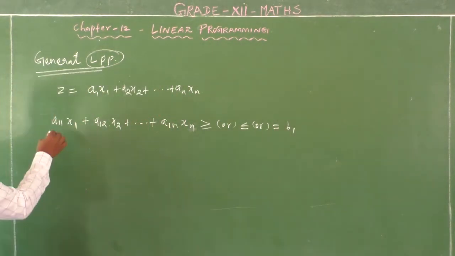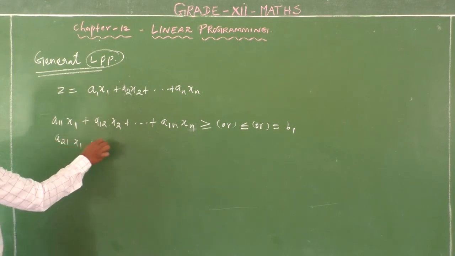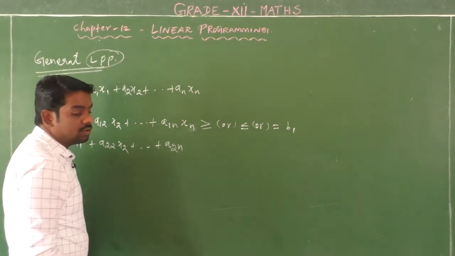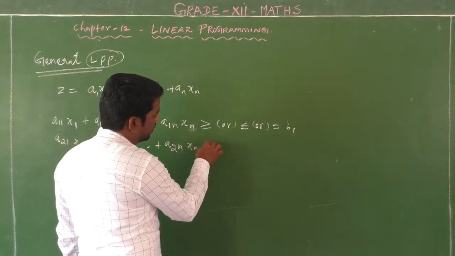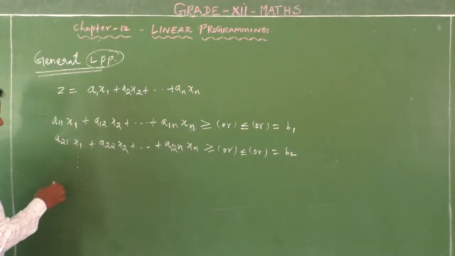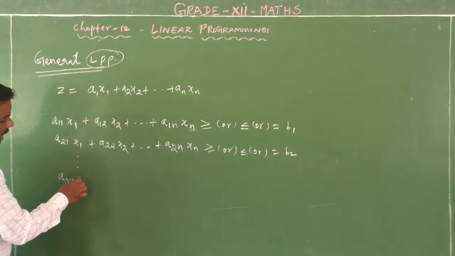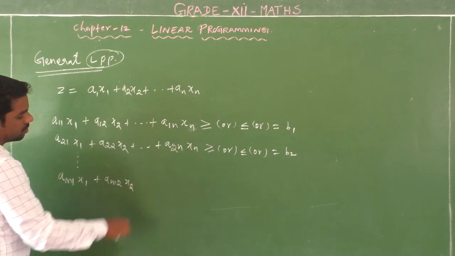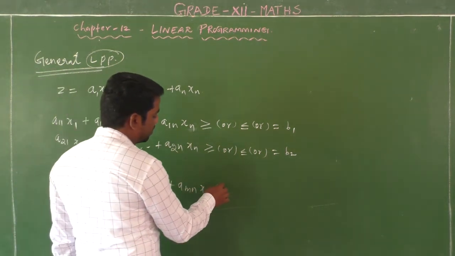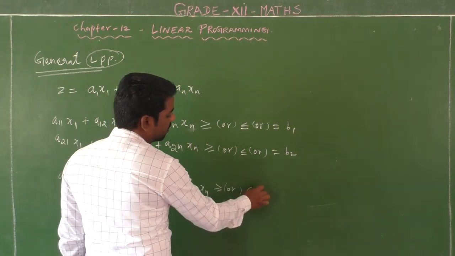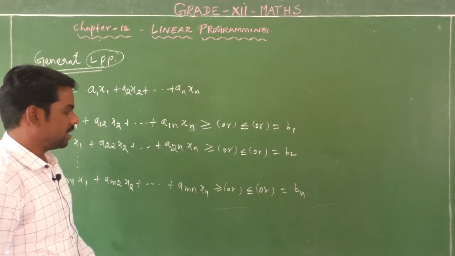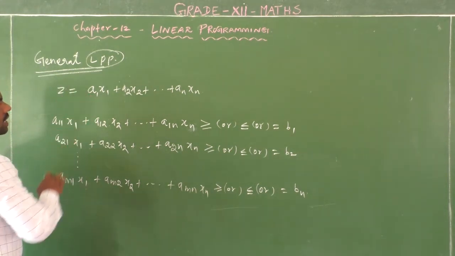And a21 x1 plus a22 x2 plus and so on, plus a2n xn is greater than or equal to, or less than or equal to, or equal to b2, and so on. am1 x1 plus am2 x2 and so on, amn xn is greater than or equal to, or less than or equal to, or equal to bm. So given z equals a1 x1 plus a2 x2 and so on, plus an xn,